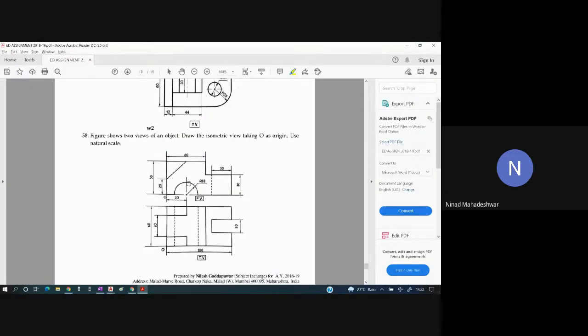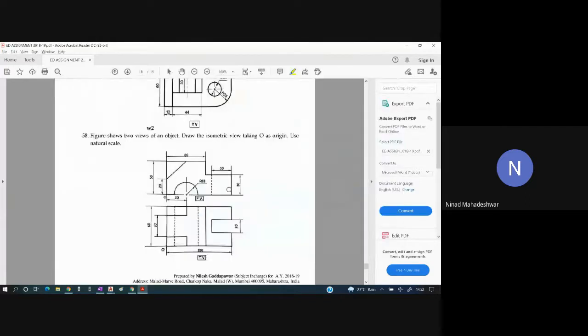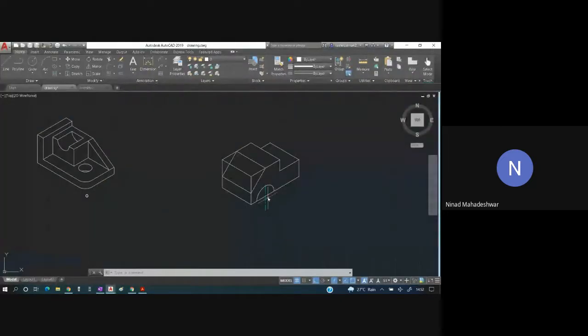Okay, we have to look at the front view. First of all, this entire slot is there for the semicircle. That means this line should be trimmed. Okay, understand this part. This line which is there inside, that should be trimmed. So let us trim this because this is a slot of semicircle. This should be trimmed. This should be trimmed.